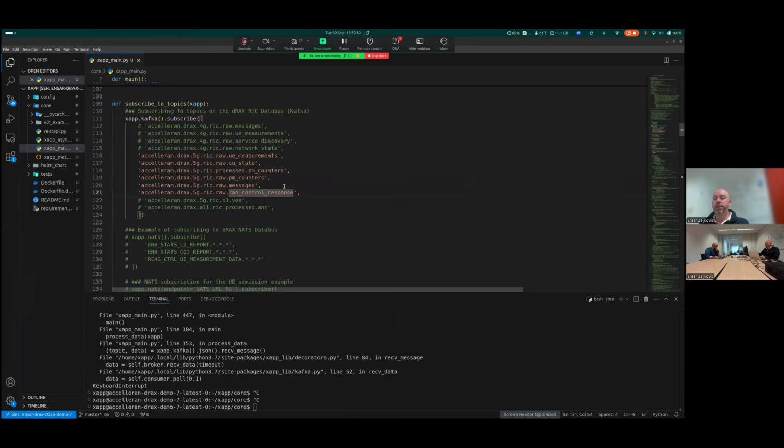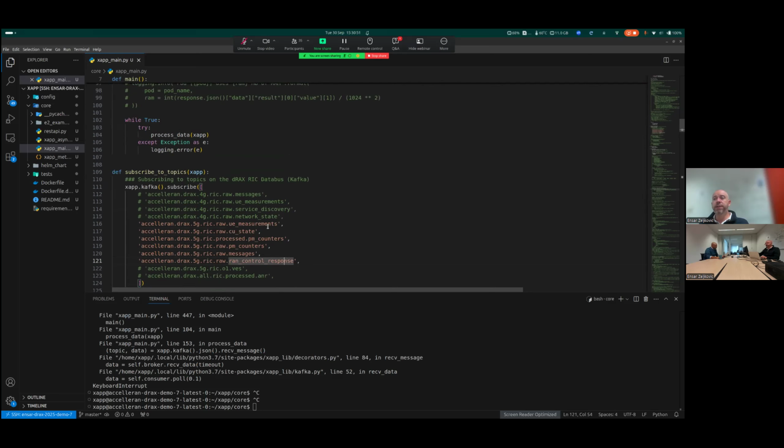So let's now see a different use case where you split the functionality you're looking for into two different xApps, and let's say one xApp is producing some new information that can be utilized by other xApps in the system. So how can these xApps communicate over this interface, right?